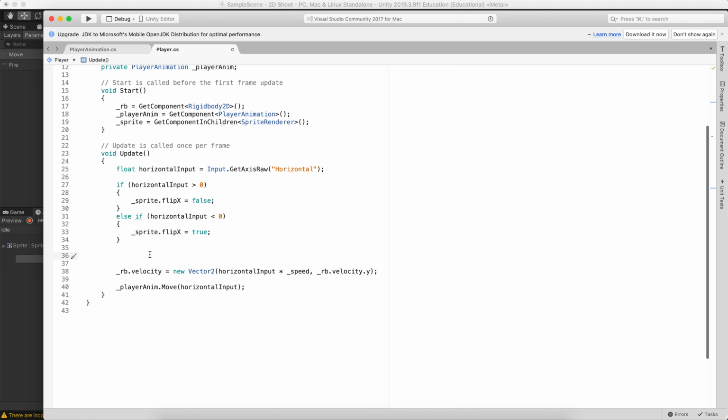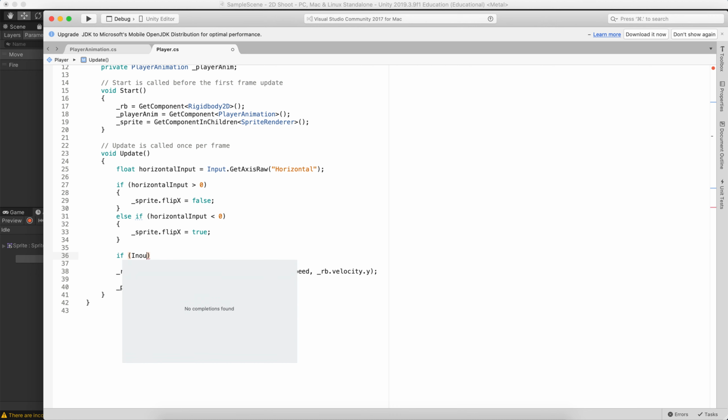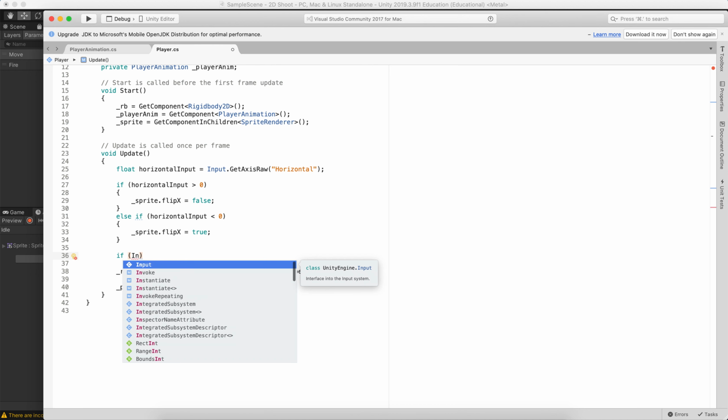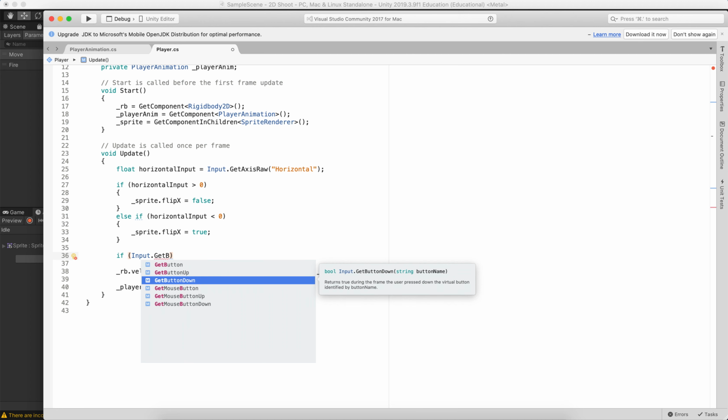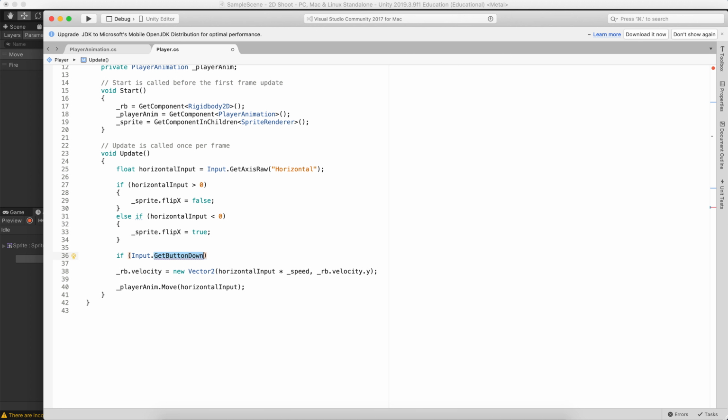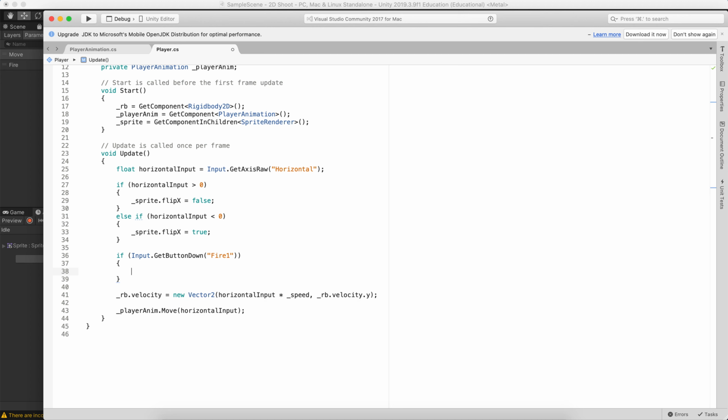And here we can say if brackets input, input dot get button down. There we go, get button down. And let's do fire one just to make it nice and easy. So fire one is already implemented, that's mouse click, if you're unaware of what that input